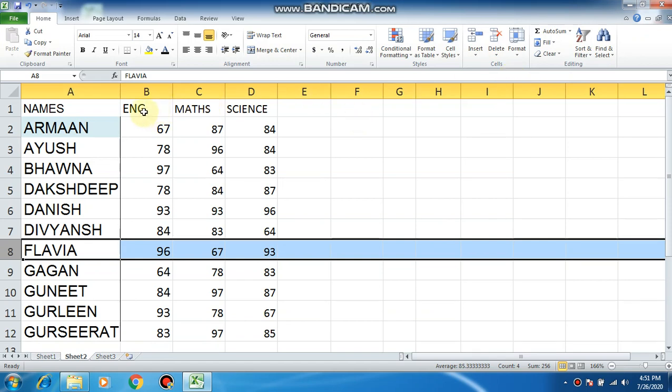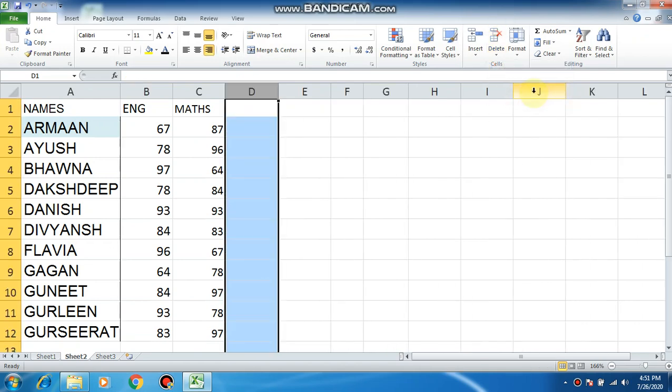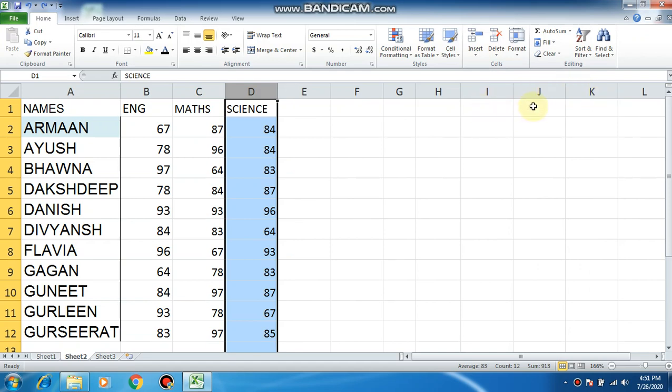And in case I want to delete a column, like I don't want to add the marks of science, here I have selected a column, and automatically it will show delete sheet columns. So I can delete sheet columns to delete the entire column. I'm going to undo it for my record. Similarly, you can delete either cells, rows or columns, or you can delete the entire sheet, which I won't be doing now. You can try it later on, when you don't require a worksheet anymore.